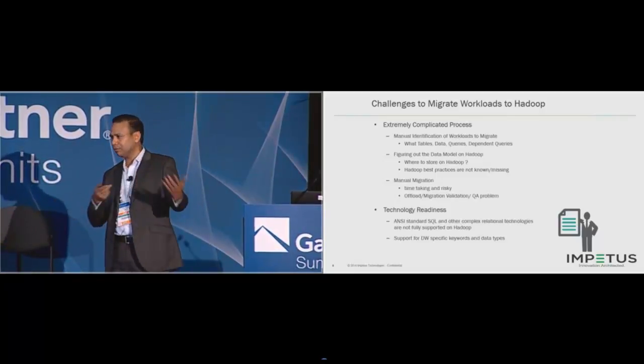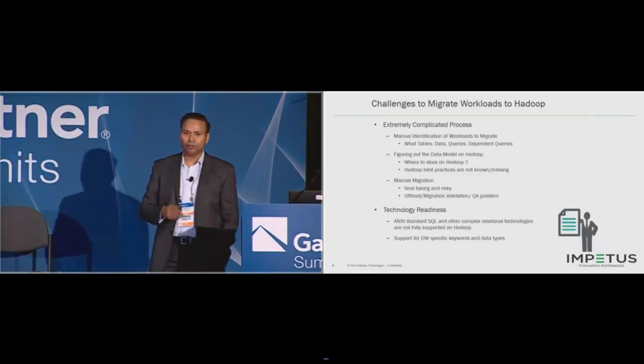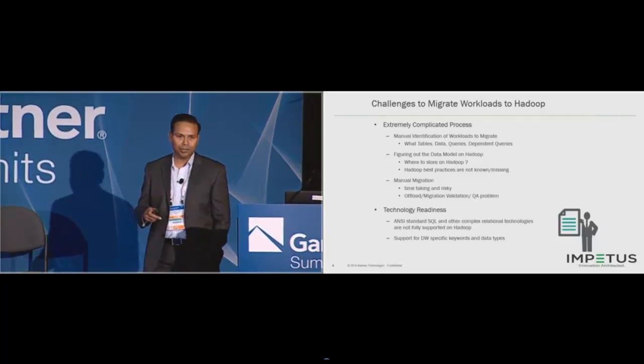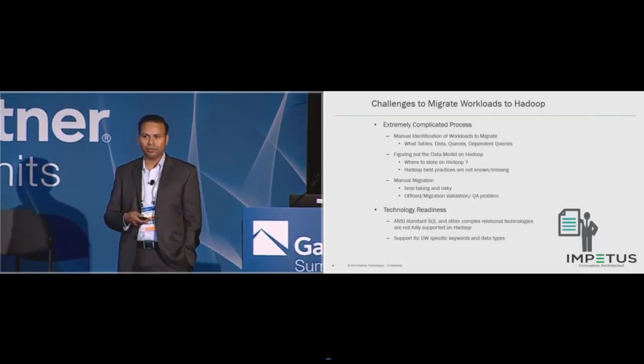If you're using Netezza, you're using that. If you're using Oracle, you're using a lot of PL/SQL, and that has no direct equivalence in the Hive world. And in Hive, for example, one of the easiest things I quote is that you do not have support